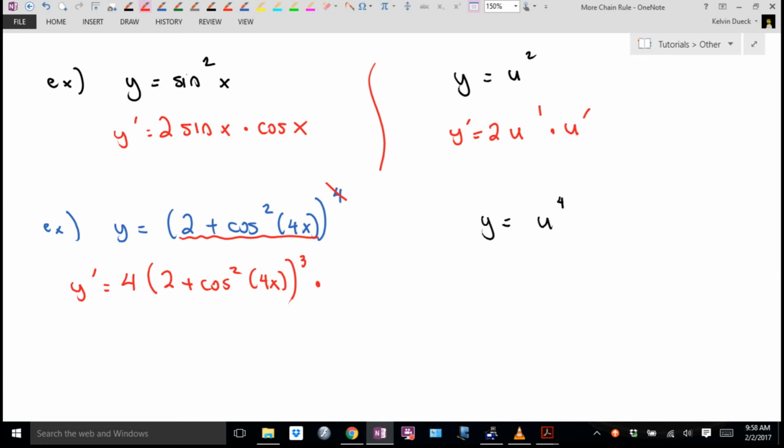What's the derivative of cos squared bracket 4x? I'm not going to deal with that. I'm going to realize that that's the derivative of something squared. What's the derivative of something squared? 2 something to the 1 times the derivative of what's inside, u prime. Okay? So,